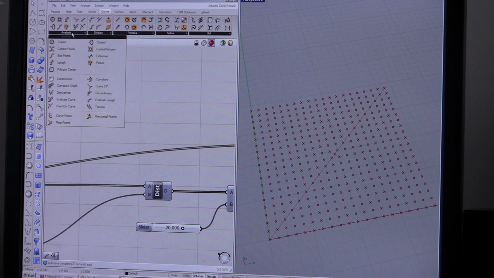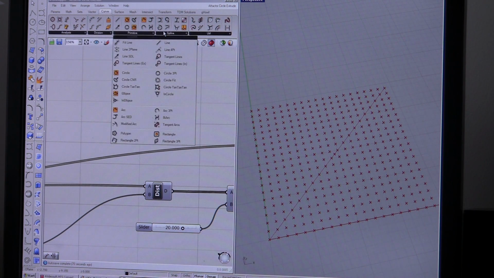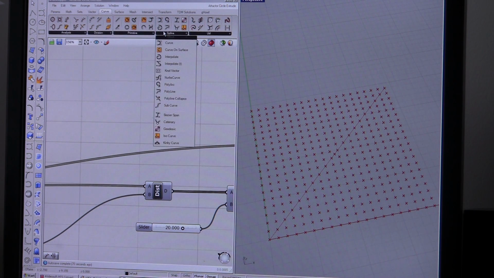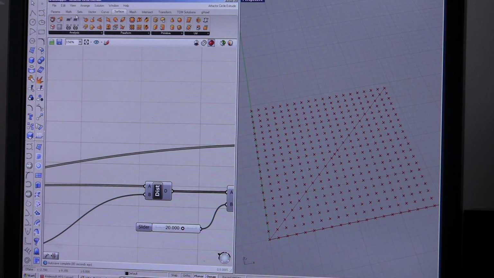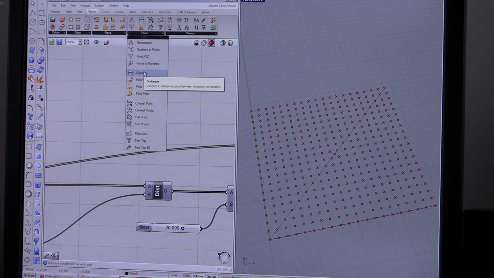Huh. Where do they put that? Sometimes they move these around in the different versions. Build, extend, curves. Okay, it's under vector. So you go to vector, point, and then distance, and it just says compute Euclidean distance